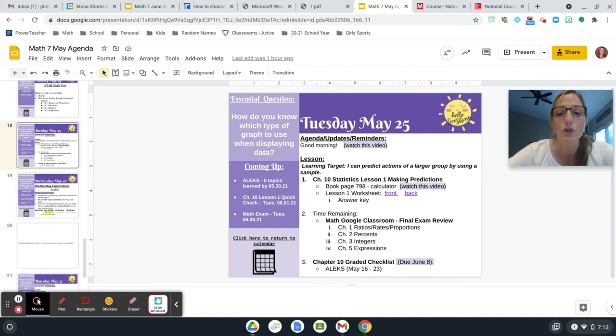And if you are virtual, there is a link there for the front and the back of that worksheet. And you're going to practice these making prediction problems that we've worked through Friday and today. And so you'll work through those, and there'll be an answer key there for you to check your answers when you are done. You'll also make sure that your name is on the paper and your crew teacher, and you're actually going to turn those in today to your crew teacher, and those will get turned into me as the